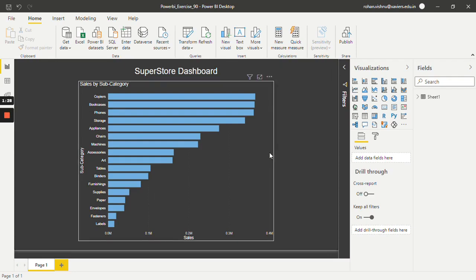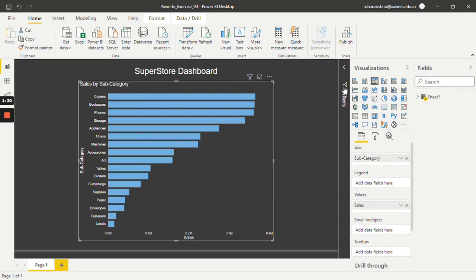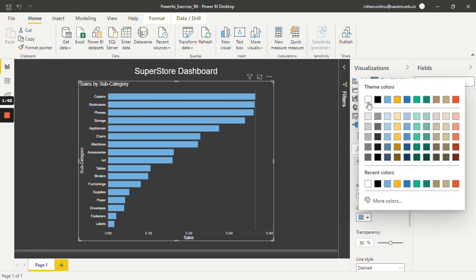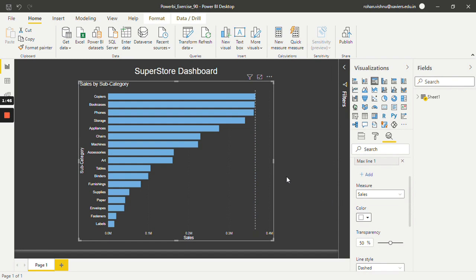First select this visual, and in the visualization area we have one option known as analytics. Just go over there, click on maximum line and click on add. I will change the color so that we can see the line. I will change it to white, and as you can see we have successfully added the maximum line in